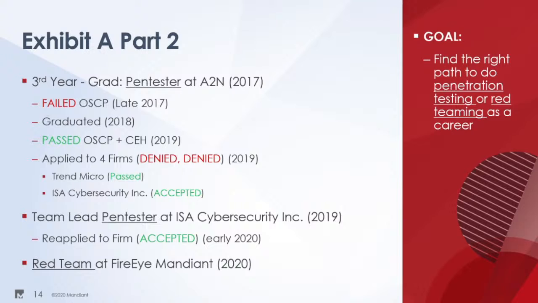I didn't have the knowledge. I didn't have what was needed for their shops. I did apply to a Trend Micro position, and I was offered the position, but I ended up passing on it because it wasn't the right path for me. I didn't realize that at first, and sometimes you will see an offer and think that this will help me get into those other places, and it ends up not being the right path, because you might get stuck on something that's obviously not going to help you in your field.